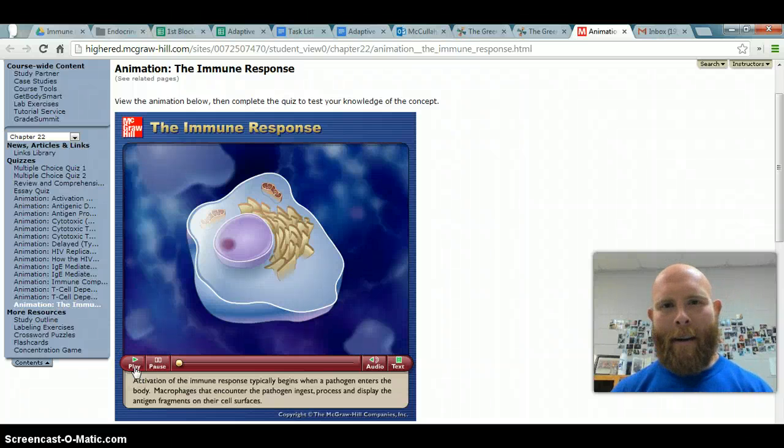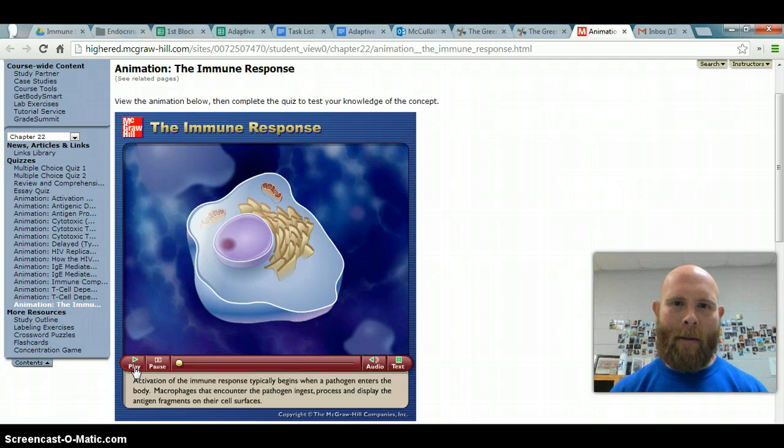Hey guys, let's talk about the adapted or acquired immune response to things. Remember, your immune system has two different types of responses. You have the innate or non-specific immunity, sometimes called the acute inflammatory response. Think of getting a paper cut or a splinter or spraining an ankle, whatever. You get this non-specific response to things, but what we're going to take a look at is what's called the